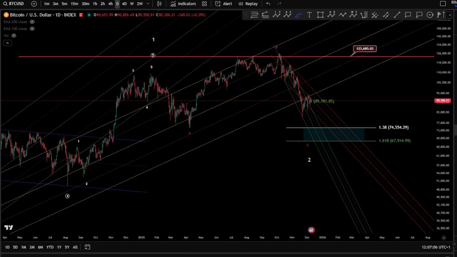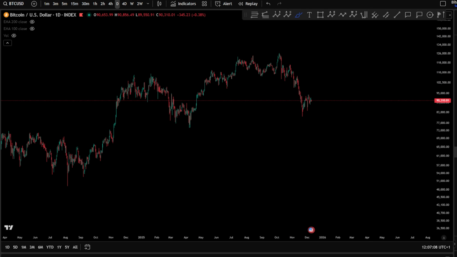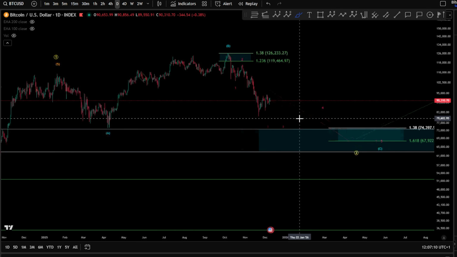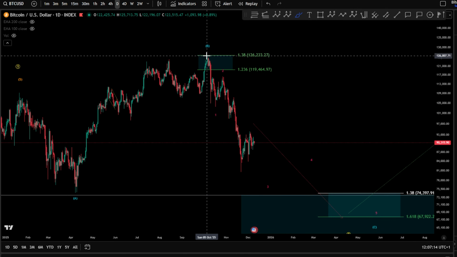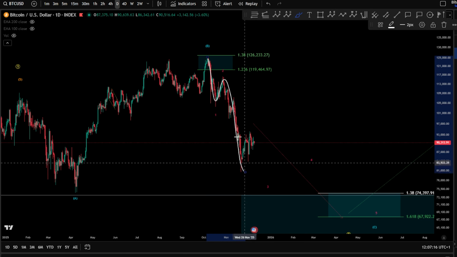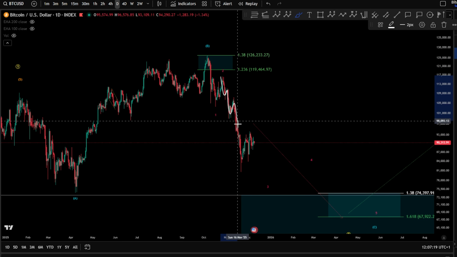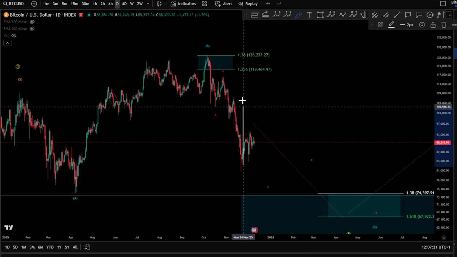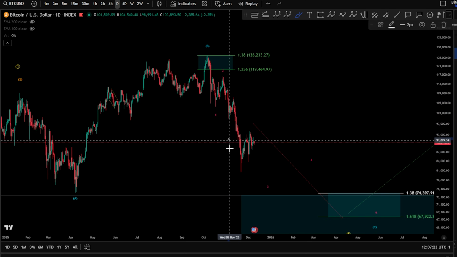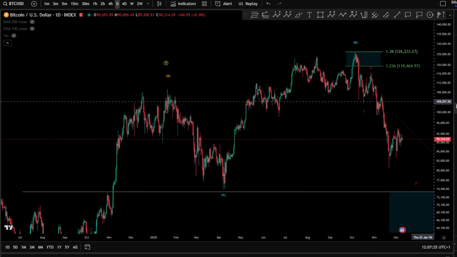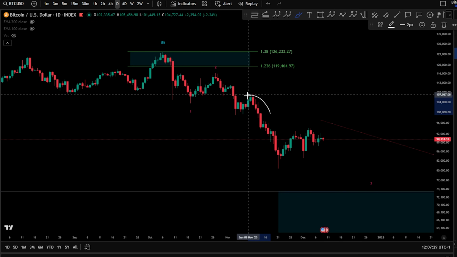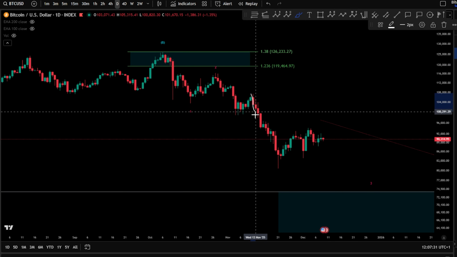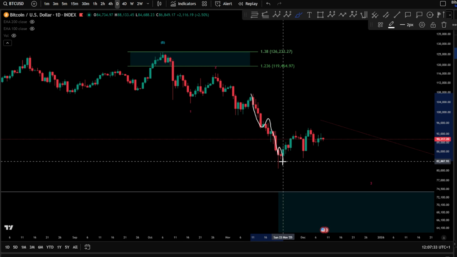So let's dive inside the labeling here to see exactly where we are from this push toward the downside. For the wave C, we are looking at 1, 2, 3 here. The wave 3 is a double 1-2, and we got a wave 3. And this wave 3 is also a question mark here, because if you dive a little inside it, you will see something is not okay with this wave 3, where you would like to see a 1, 2, 3, 4, and a 5.